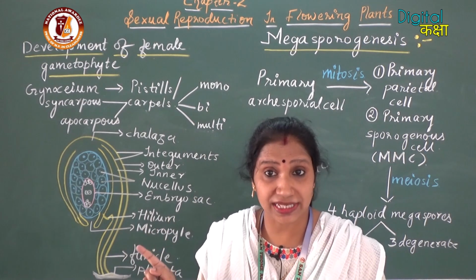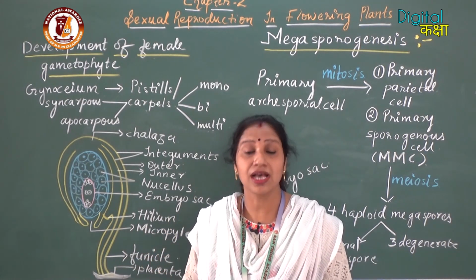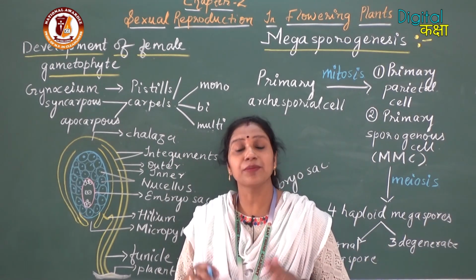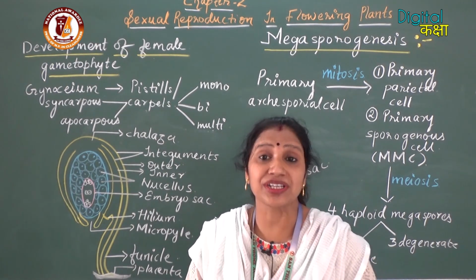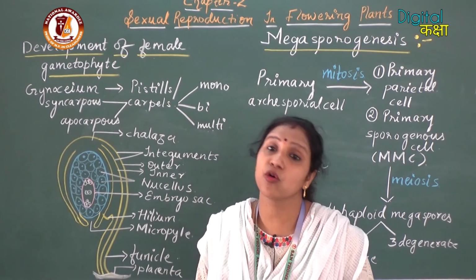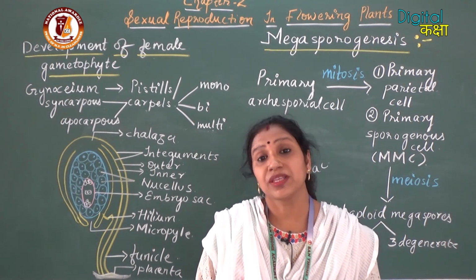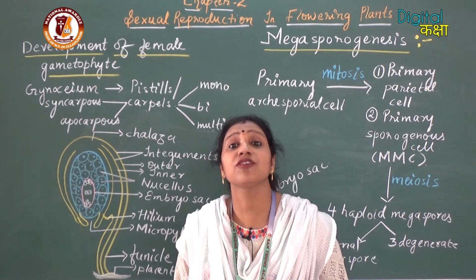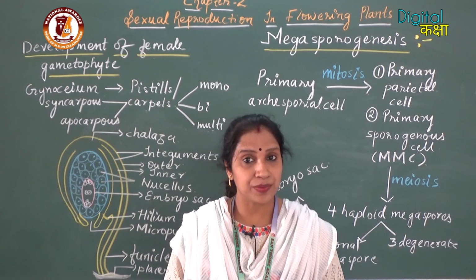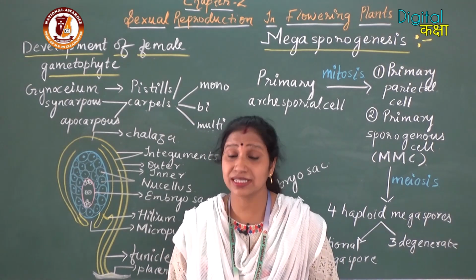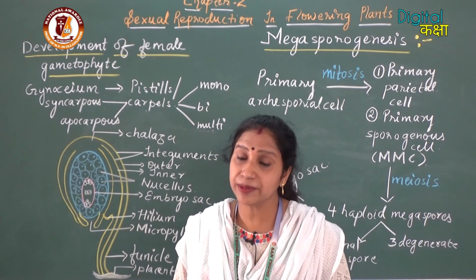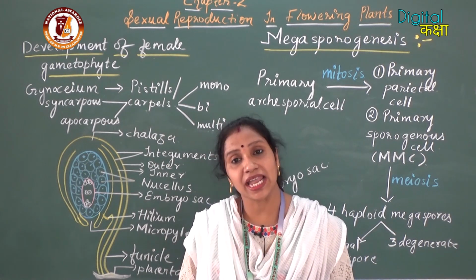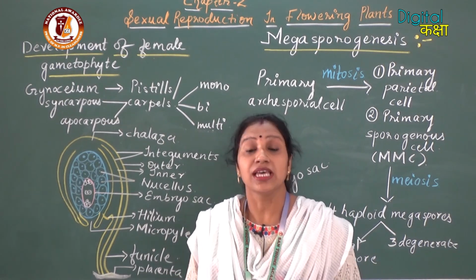Now, we all know that the carpel or the pistil is made up of three parts. The upper knob-like structure is called the stigma. Then an elongated part is called the style, and below the style, in the basal region, is the ovary. Inside the ovary, the ovules are there, and inside the ovule the female gamete is formed. So a carpel or a pistil is formed of three parts: stigma, style and ovary.